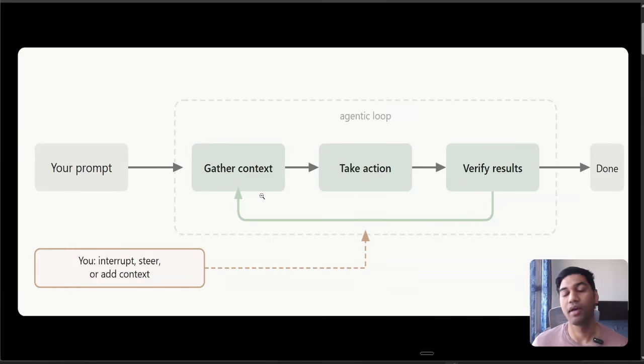We input our prompt, Claude automatically gathers information from our code base, takes some actions, checks what it did, and then gives a confirmation that it is done and the task is complete. At the same time, we keep giving it instructions to ensure how the task needs to be executed, to make sure the process is well defined. So the best place to get started, because it needs context, is to start by planning what you